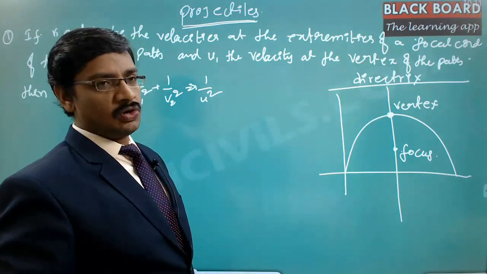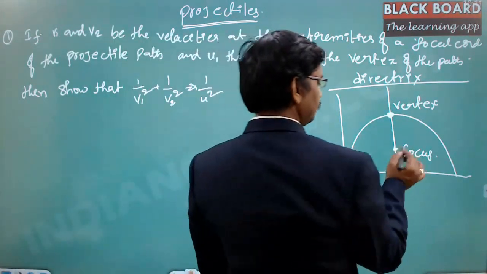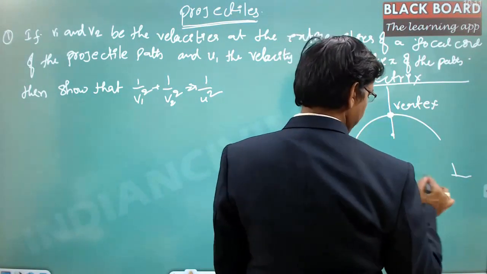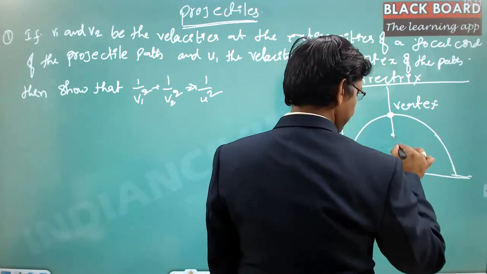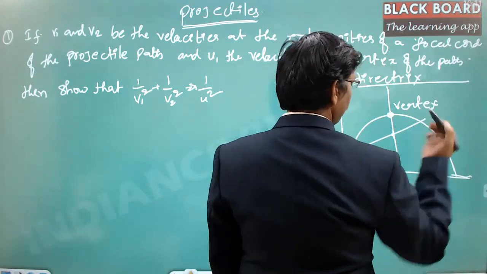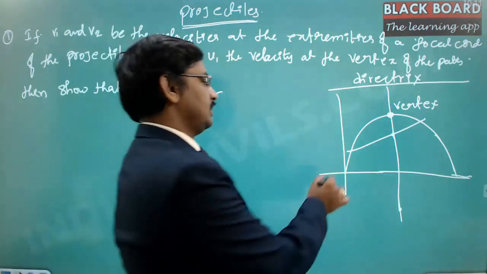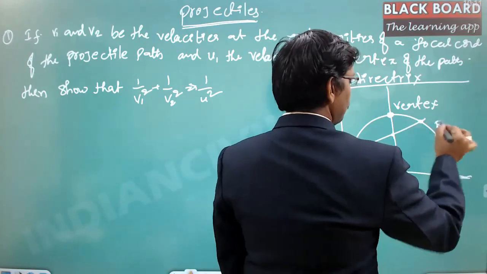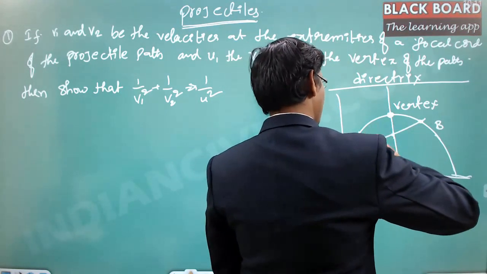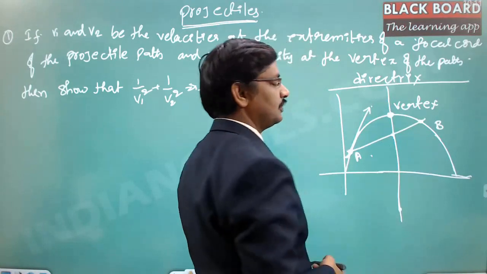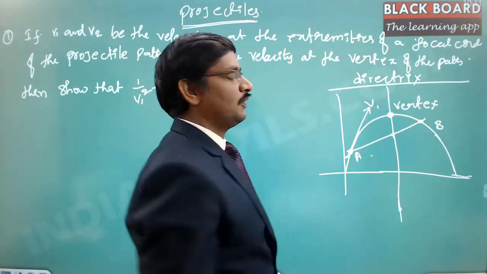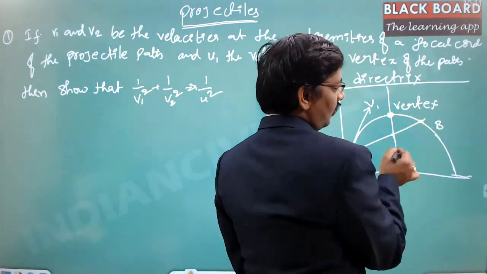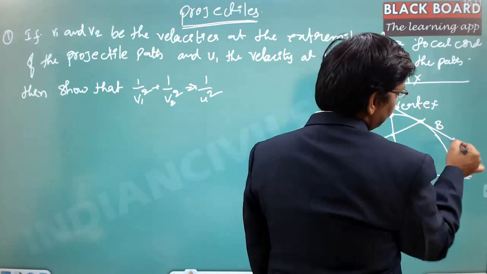Now if you take the focal chord, let us say I take the focus at this particular location. Now if I draw a focal chord like this, let us say this point is A and this point is B. While going up, it is going to have a certain velocity in this direction. So this is the velocity direction, which we call V1, and at the other extreme of the focal chord, if you draw the tangent line,